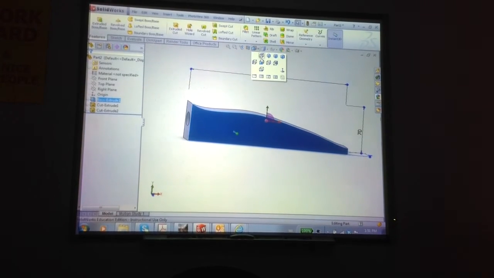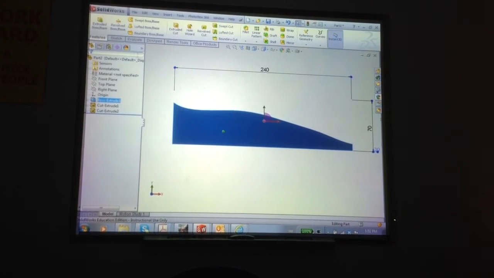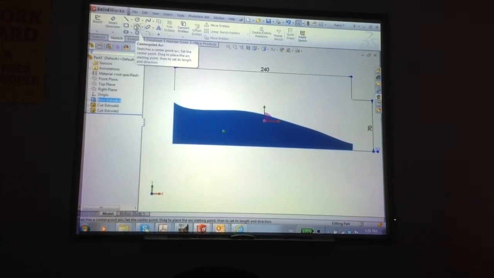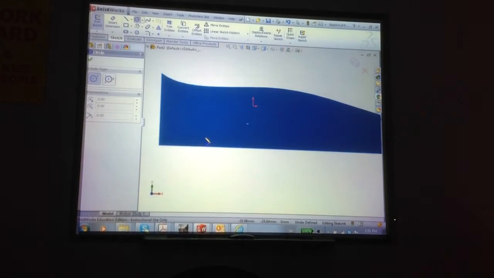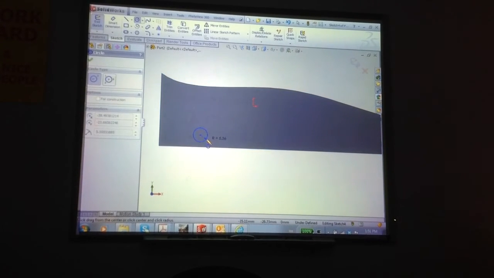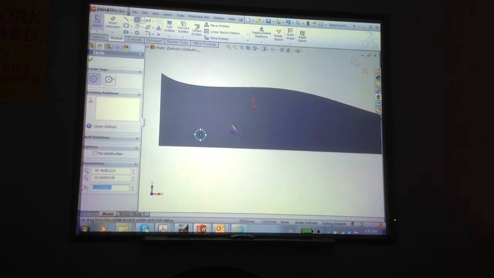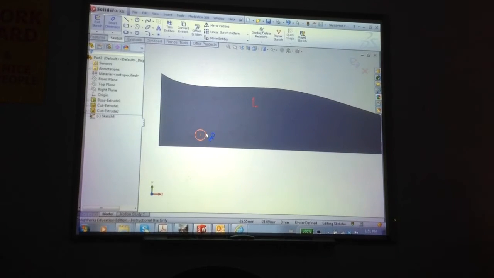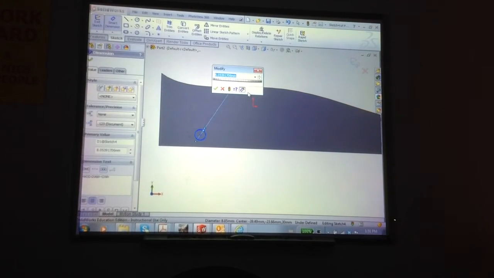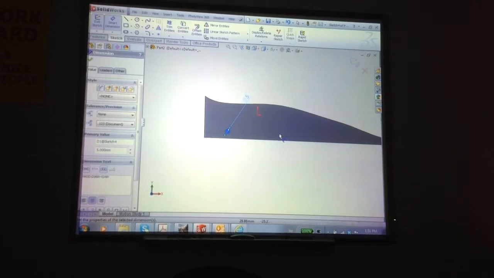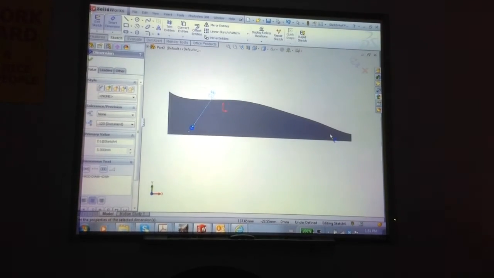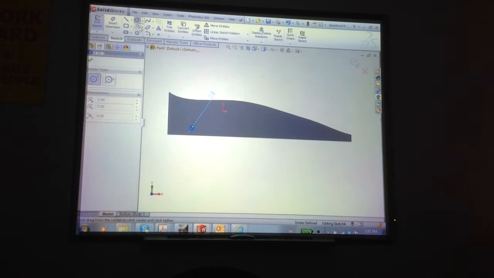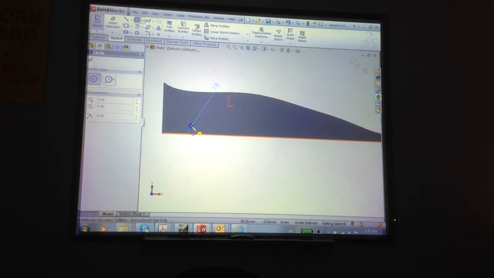Again, I'm going to click normal to, just like that, and I'm going to click on the sketch tab. I'm going to click on the circle tool, zoom in, and I'm just going to draw a circle, and I'm going to Smart Dimension that circle to 5 millimeters. I'm going to click OK. Now for the other side, in order for those two circles to be aligned, I'm going to grab my circle tool again,